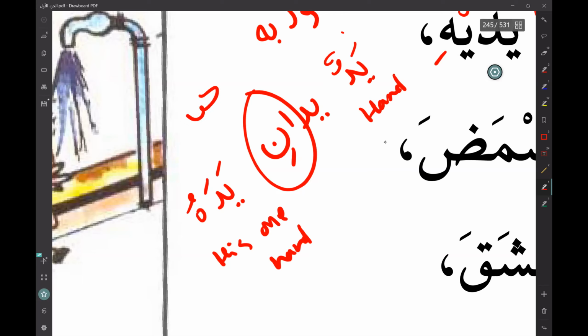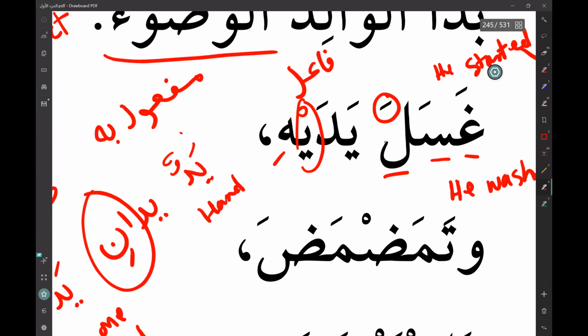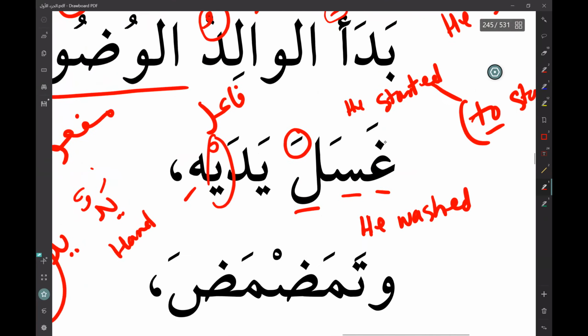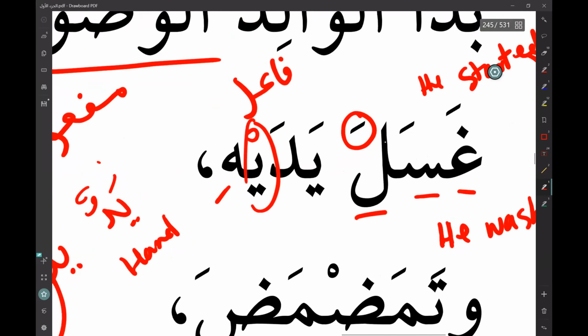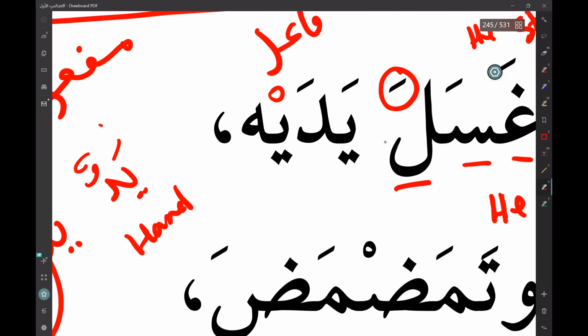Same thing like you say kitabuhu, okay, or kitabahu. It's the same thing. We've done this thing before, right? So here, this ya, inshallah, I'll explain to you. I just don't know if the books can explain or not. But here, just think about that. It is talking about his two hands. Okay, inshallah, I think I'll come here and explain to you. This ha is for his, right? We know this one. So you can say his two